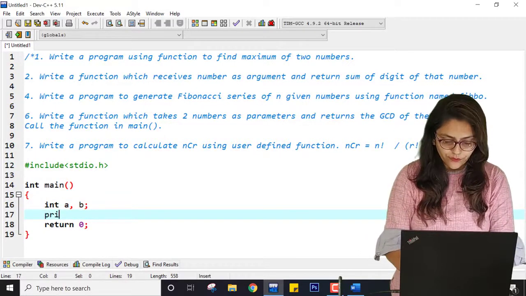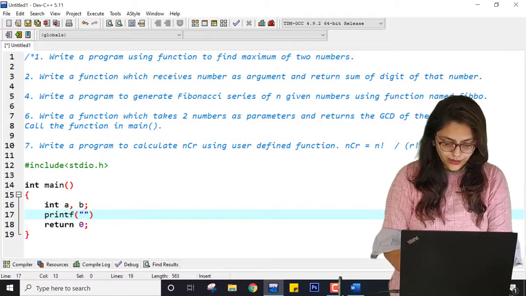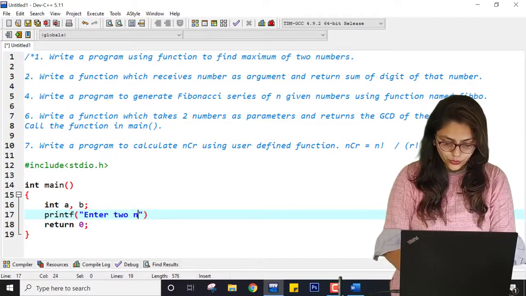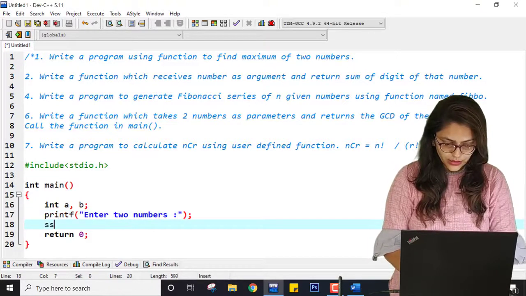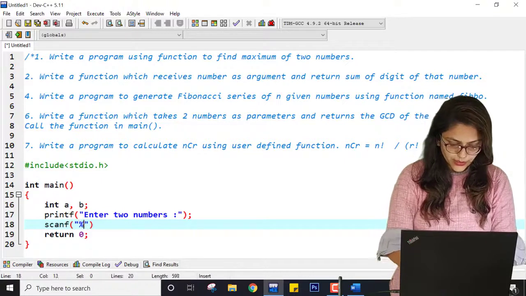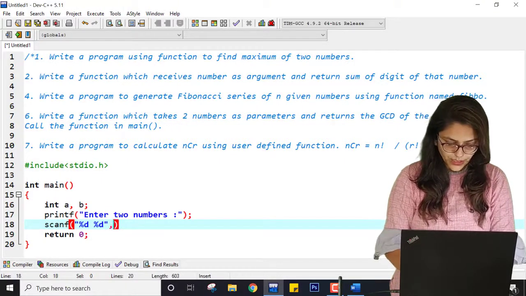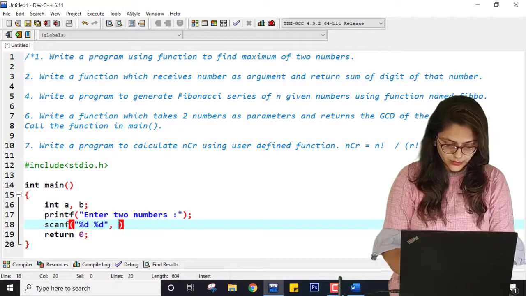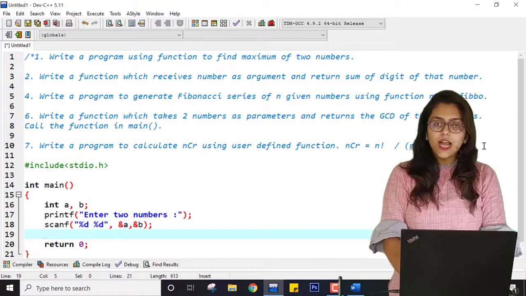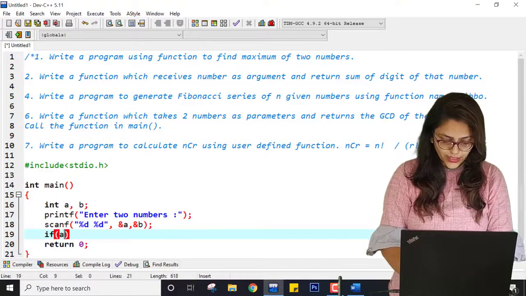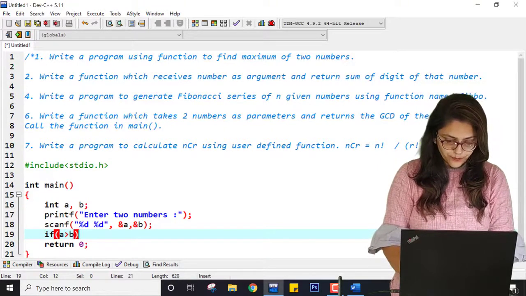So without using a function, I can write printf, enter 2 numbers. Here it will be scanf, %d and %d, &a and &b, right? Now, how can I find if a is greater than b?